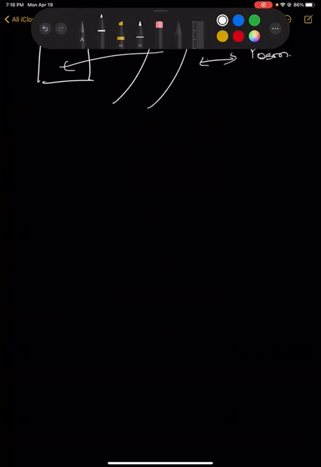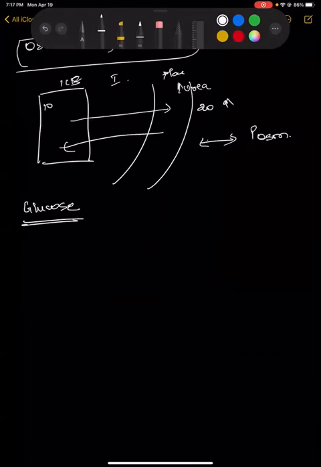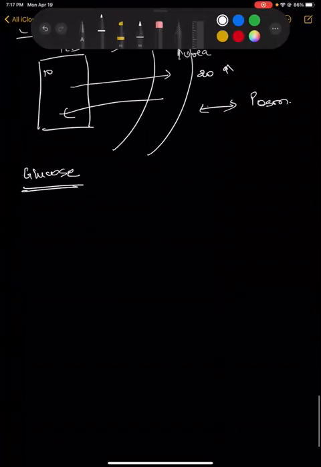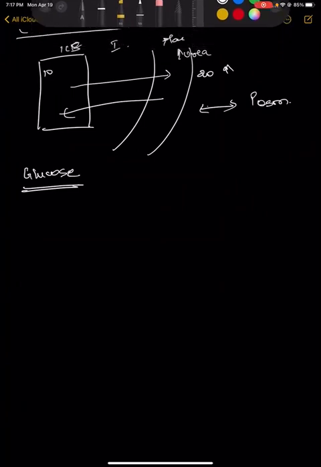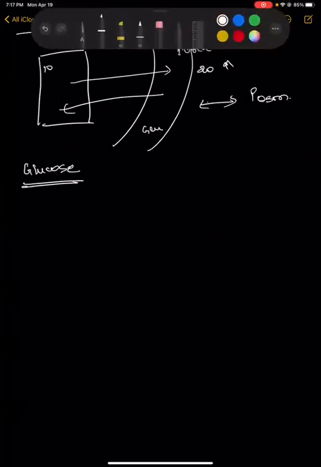But this is not the case with glucose. Glucose cannot permeate through all these membranes and it cannot equilibrate itself. So whenever there is a rise in glucose or some other osmotically active components like radioactive contrast and mannitol that we give, that is the entire purpose of effective osmoles. Since it stays within the intravascular compartment, we are able to use it for cerebral edema patients where we need to pull the water out of the cells and into the circulation. So in case of glucose, since it cannot move freely, it will stay inside the compartment and it will try to pull the water from the intracellular compartment into the extracellular space.